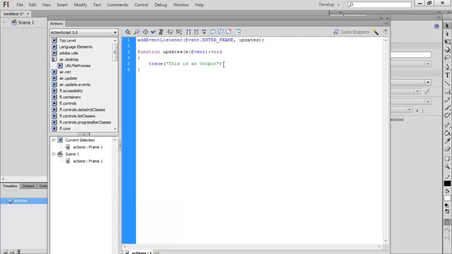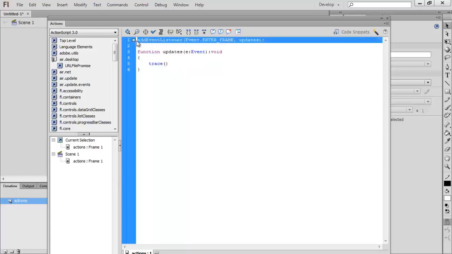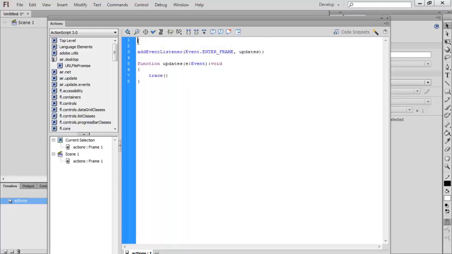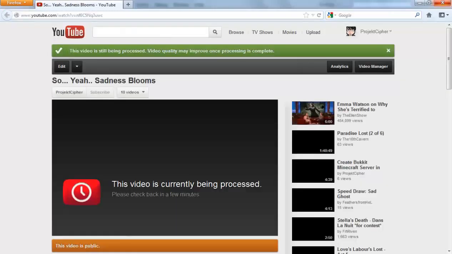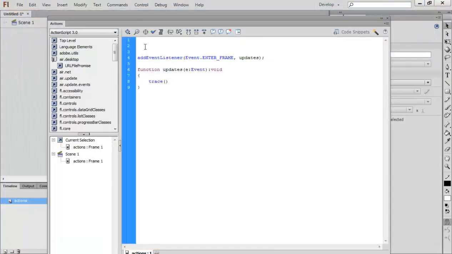This can be very beneficial for debugging, because we can trace multiple things rather than just strings. So we can create a variable, and a variable is basically a sort of container to hold information which can change. So to make a variable in Flash, we just type var,